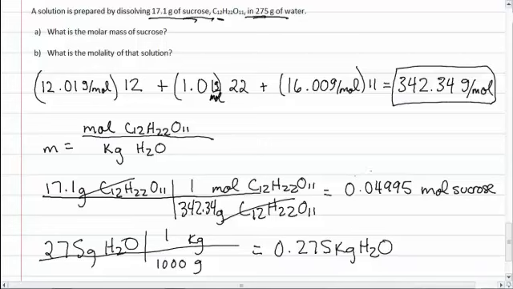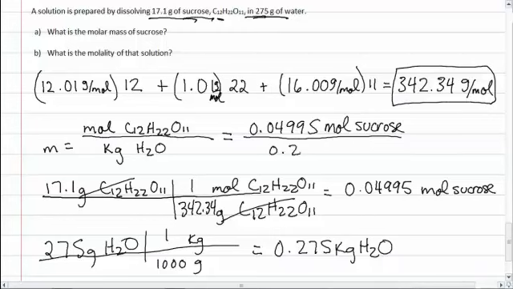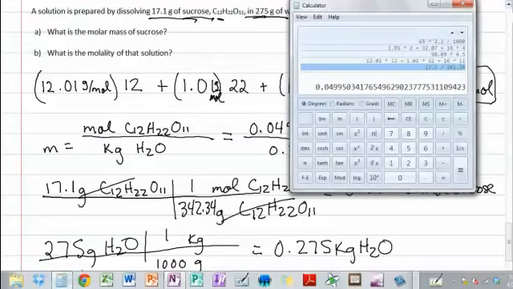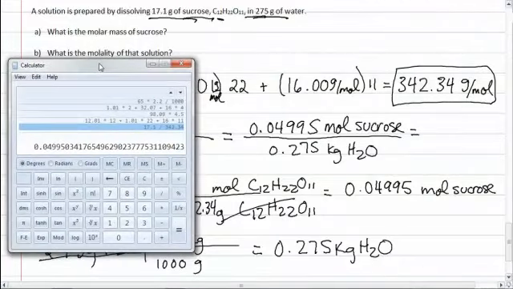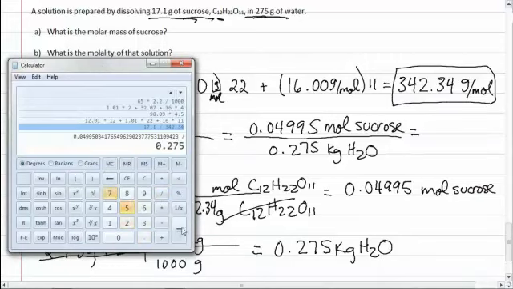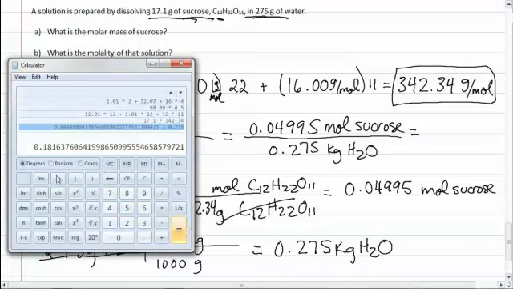Now I plug these values in my equation up here. Moles on top, 0.04995 moles sucrose over 0.275 kilograms of water. So I have my moles of sucrose that I already have calculated here. I'm going to divide by 0.275. And the answer I get is